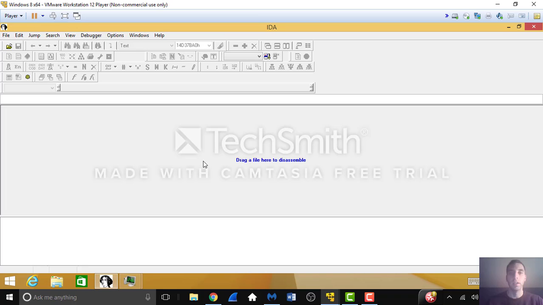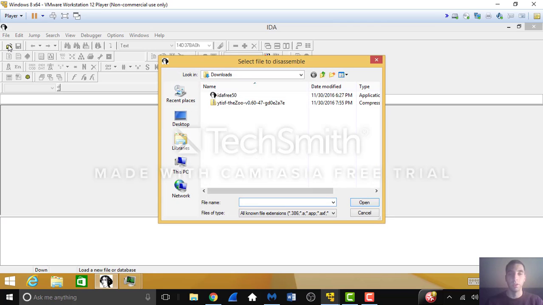of course, this is not a debugger, but this is my disassembler. What it's going to do is take code and disassemble it right down to the assembly language. So if you're not familiar with assembly language, then this is just going to look like a bunch of craziness to you, which it pretty much is. It's something that you really have to know what you're looking at in order to make sense of it. But we're going to just take a look at it so you can see what the code looks like